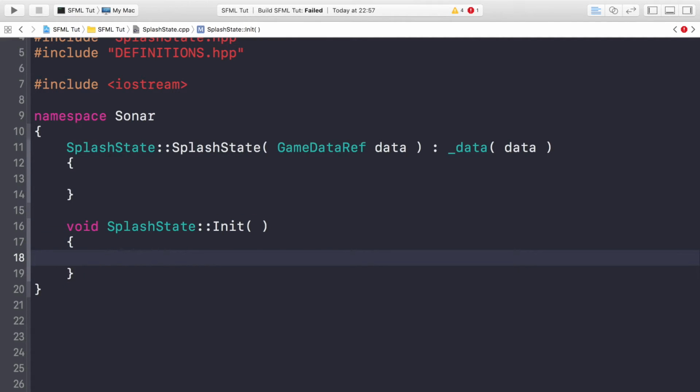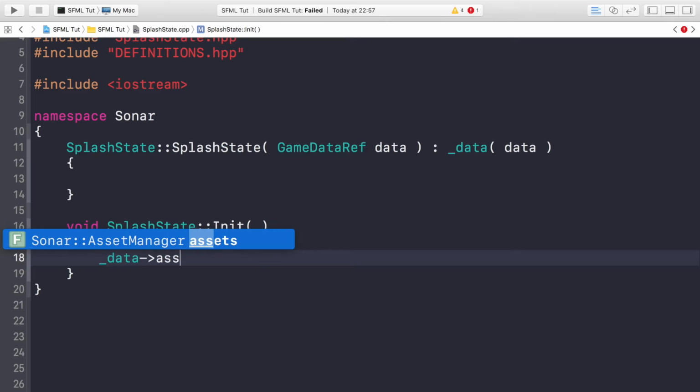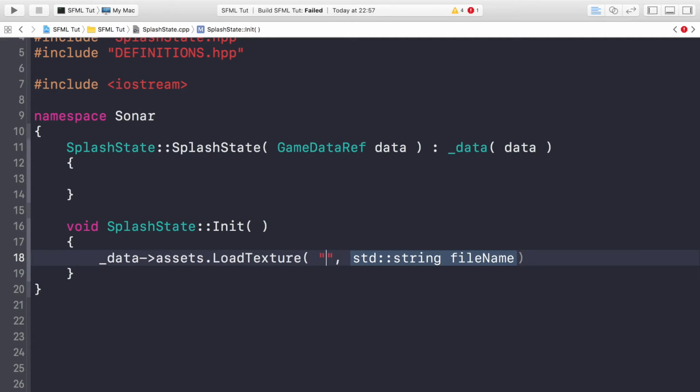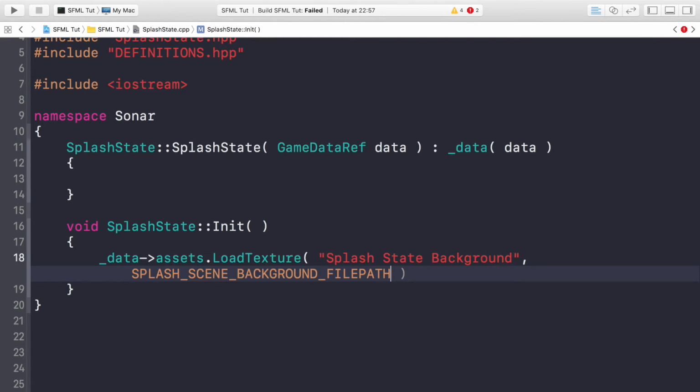and in here all we're going to be doing is loading the texture using our asset manager and setting that texture to our background sprite. So to actually load it into our asset manager, just put underscore data, access the asset manager, dot load texture, and put a string name, which is what we'll be using to refer to this texture that we've loaded, and we'll call it splash state background. And we are going to be using the hash definition of the file path,